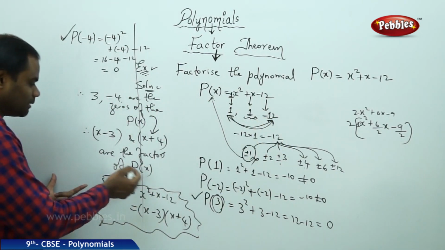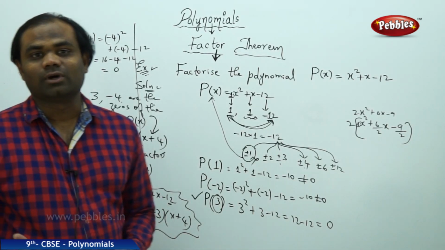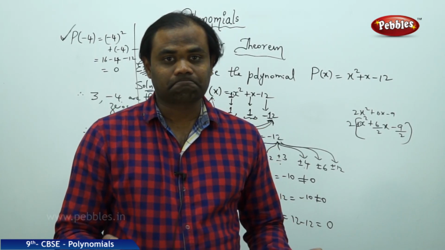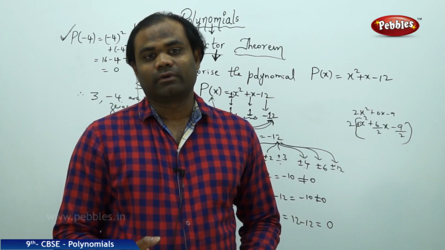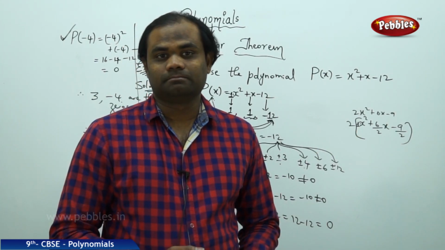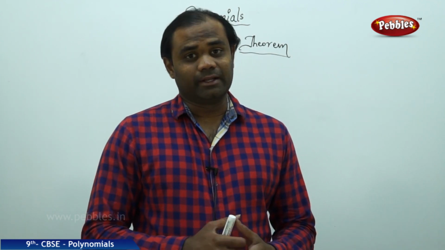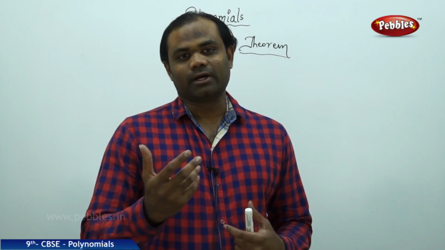And therefore, that polynomial p of x can be written as the product of those two identified factors through the factor theorem. Factor theorem helps us in factorizing the given polynomial. Factorization through factor theorem. Now let's see a factor theorem applied example problem using the same concept for a polynomial